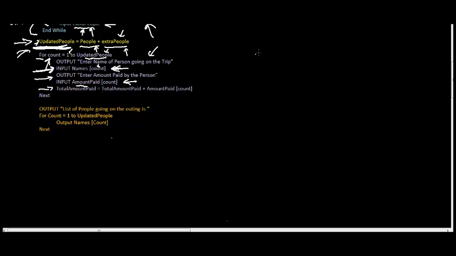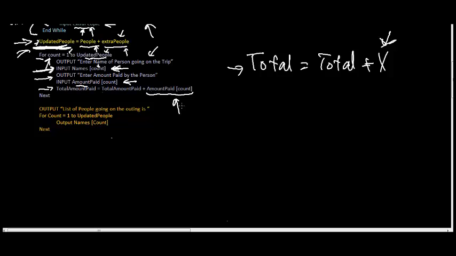Remember, total is calculated using the equation total equals total plus x, right? So that is a standard equation for calculating the total, and in this case the total of this variable x is being calculated. In our example we want to calculate the total of the amount paid by the senior citizens, and the amount paid is stored in an array, right? So this is an array, and what we want to do is calculate the total amount paid,